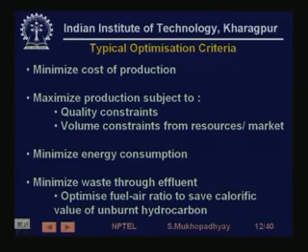So, that can be limited typically by two kinds of things. Firstly, there are quality constraints. You cannot produce things too fast, because then they may not be of adequate quality. Then there may be production volume constraints. Even if you can meet the quality constraint, how much you can produce can depend on your equipment capacity, how much it can actually produce, or it can be restricted by the market, because you do not want to produce things which will